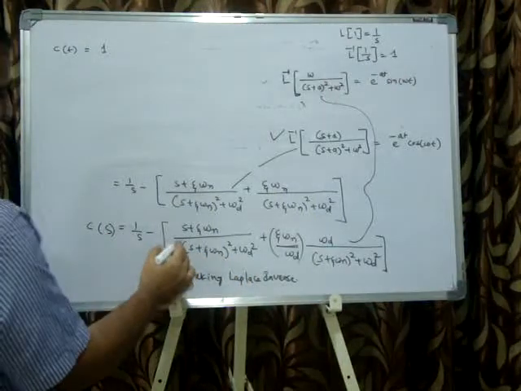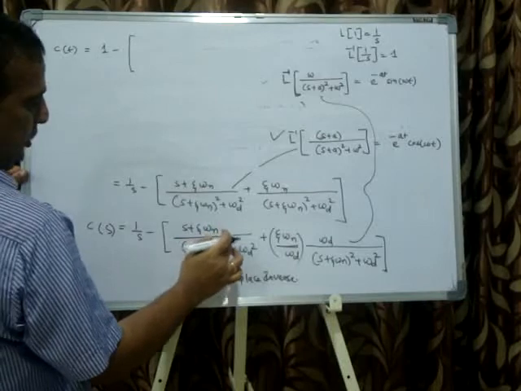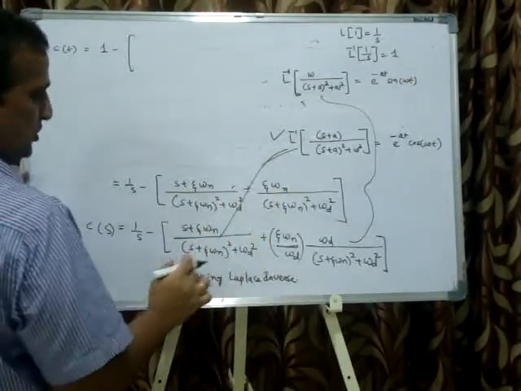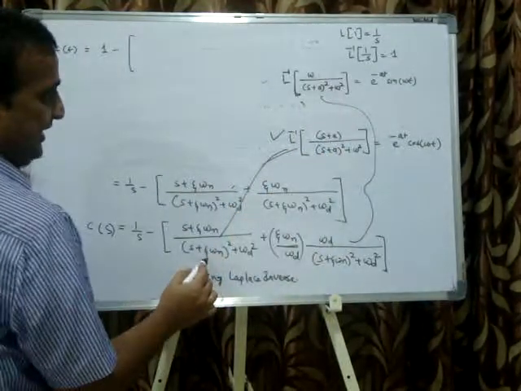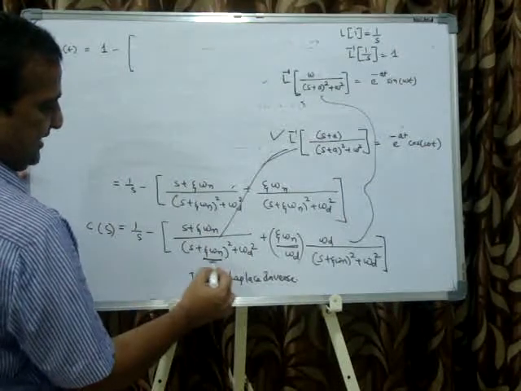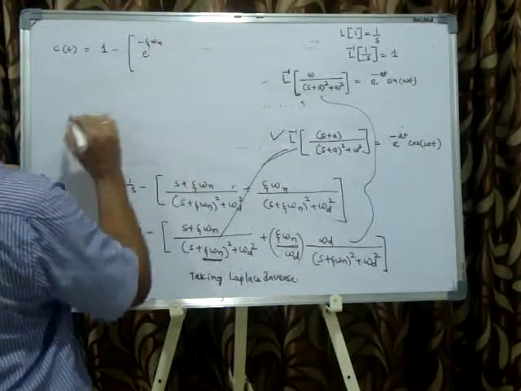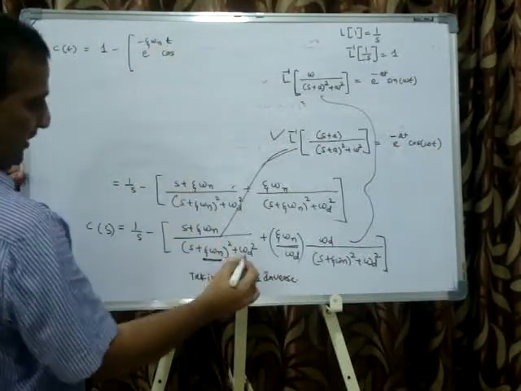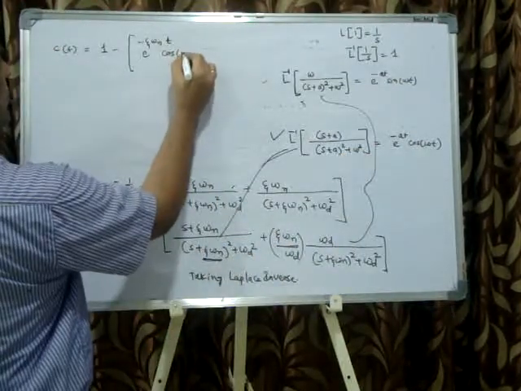So next is minus here. What is this related to? This is related to cos. Now s plus a, e raised to minus at, e raised to a is here what? This a is nothing but zeta omega n t. So e raised to minus zeta omega n t cos of omega d t,